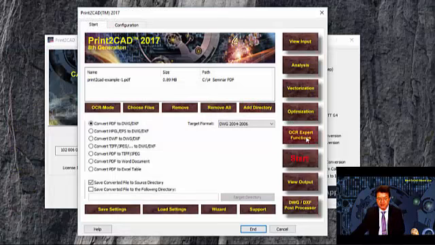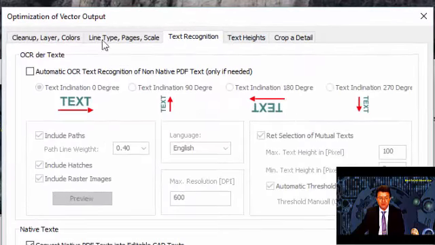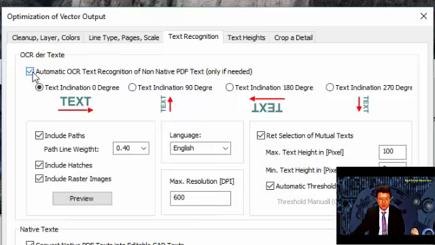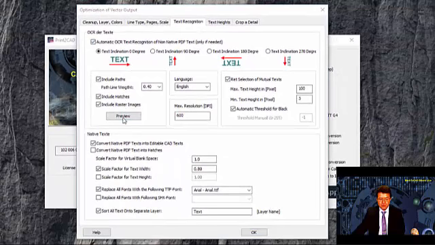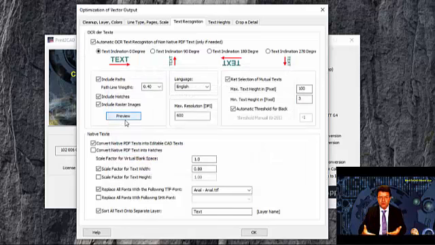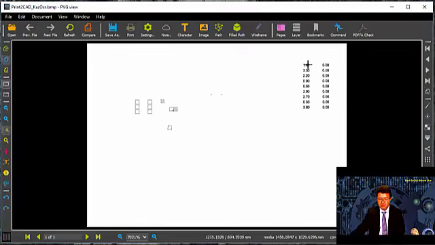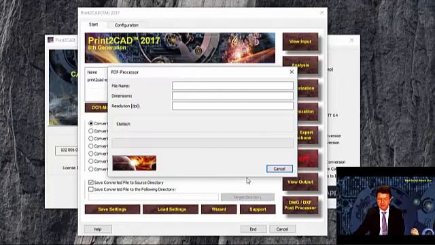This function we will find under Optimization, Text Recognition, and here you can switch on Automatic Optical Character Recognition for not native PDF text, but switch it off if it's not needed. In the preview, you can see what the program supposes to be text, and for example the program finds out that these symbols can be text. So now I start the program,